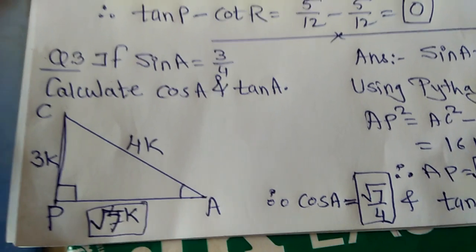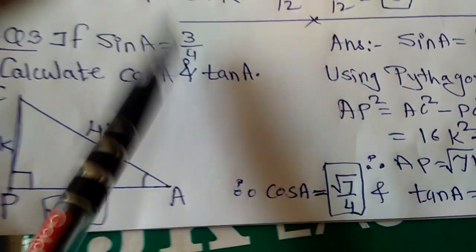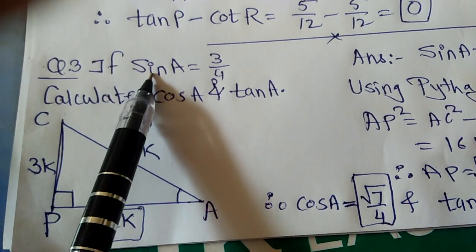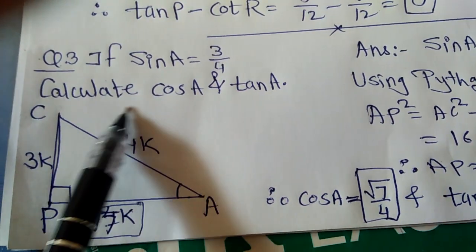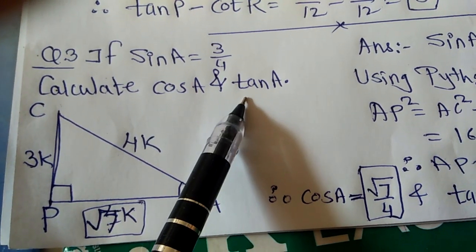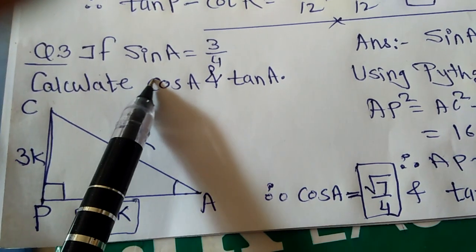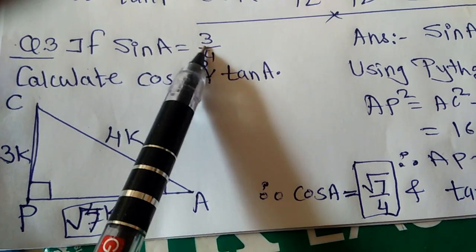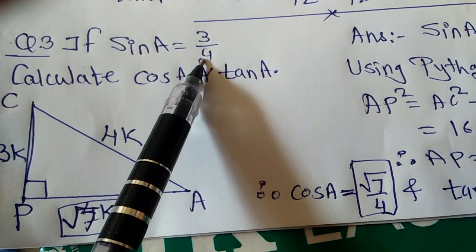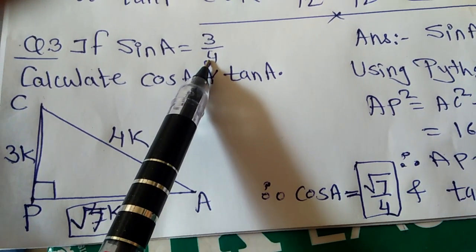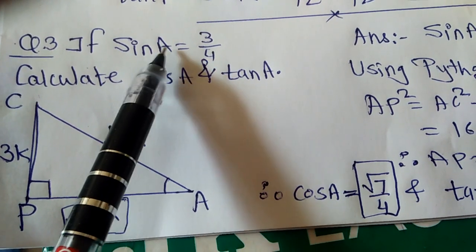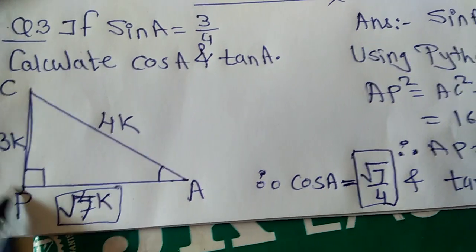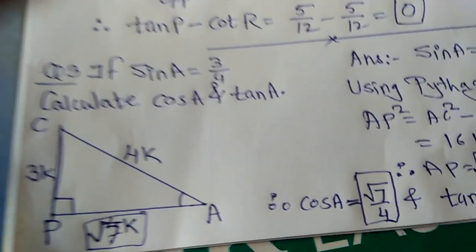Now see the third question from the same exercise. In this question, it is also the same pattern but slightly different. If sin A is 3 by 4, calculate the value of cos A and tan A. When you look at the question, you must understand that sin A is given, which means this is the opposite side and this is the hypotenuse. Then draw the triangle. Angle A should be the acute angle here. For the remaining two angles, you can give any name. Suppose the triangle name is